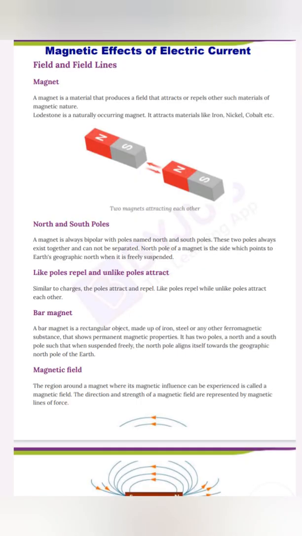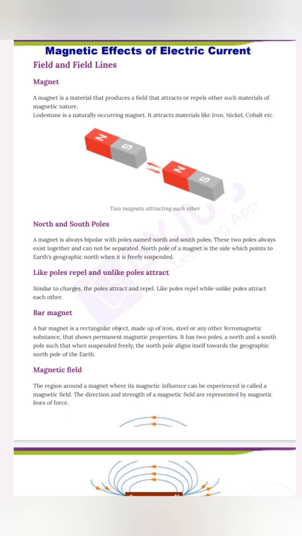In this segment, we will be discussing the second chapter of physics, that is magnetic effect of electric current. So, let us start with the chapter. Magnetic effect of electric current means that when an electric current flows through any wire, it produces magnetism around it. This can be tested with the help of a magnetic compass. If you place a compass near a wire, it will show deflection. This represents the magnetic field around that wire.